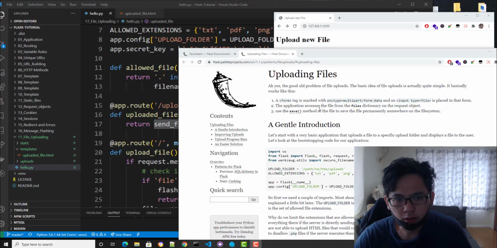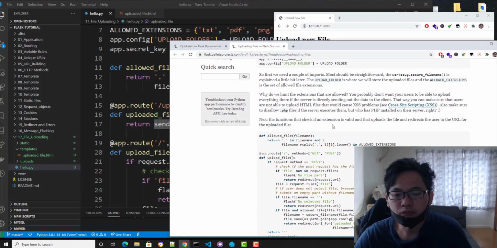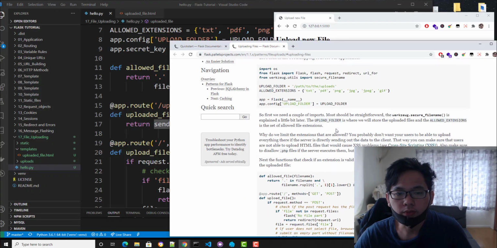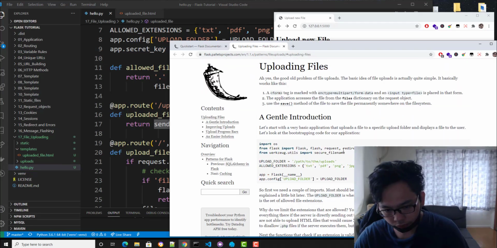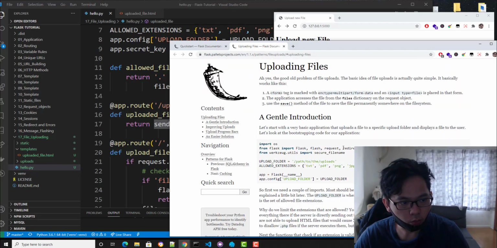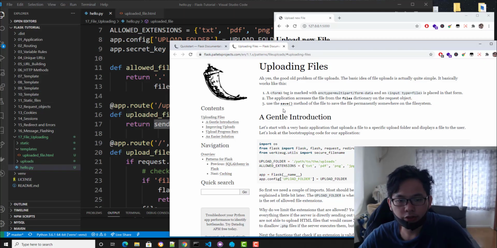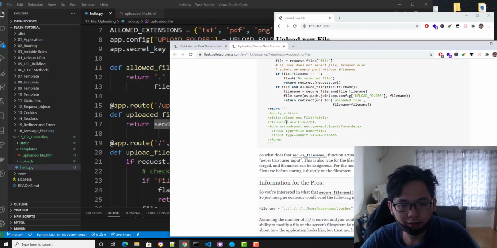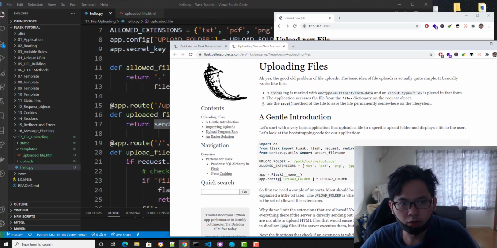Okay, we're going to talk about uploading files in Flask, and I'm going to go to the documentation for this. It's kind of overwhelming if you see this, and you don't need it, because I already worked on it and all the code is working fine at this point. If you're watching this video in this version, if you see this code, you need to figure out what's going on.